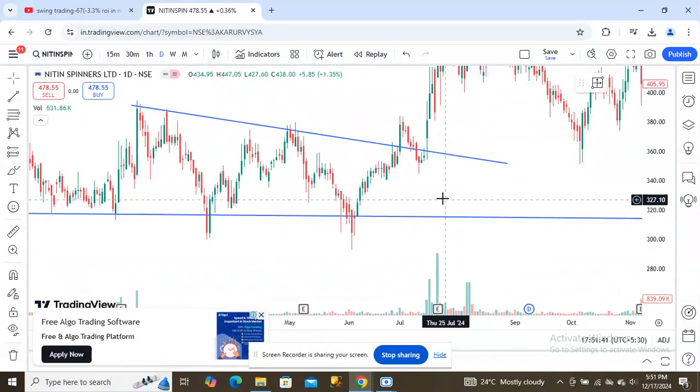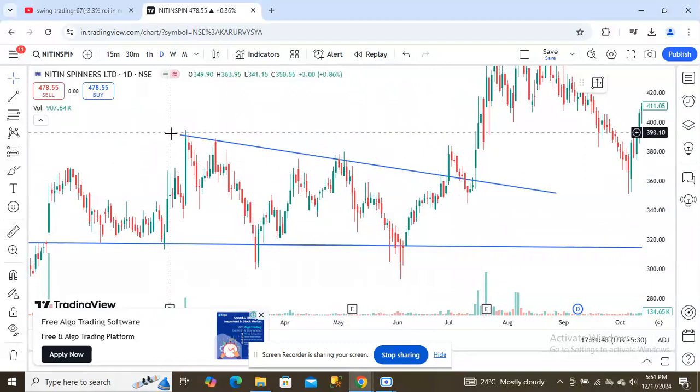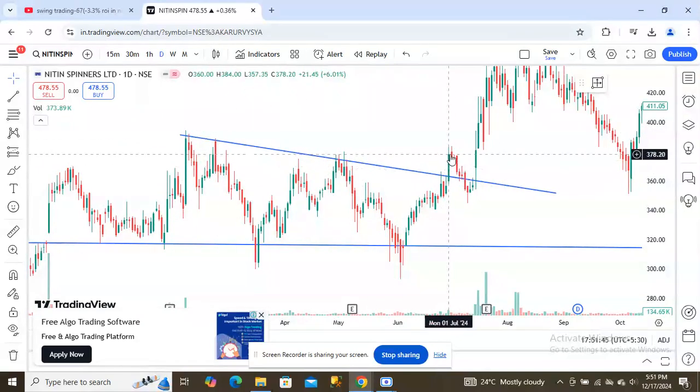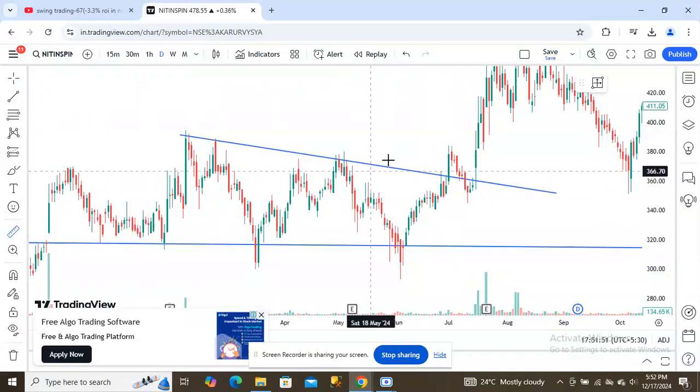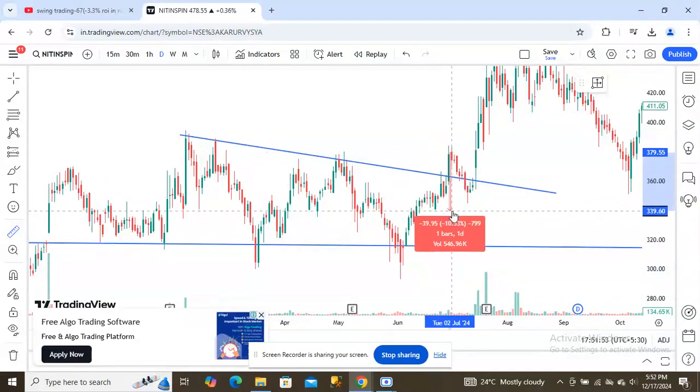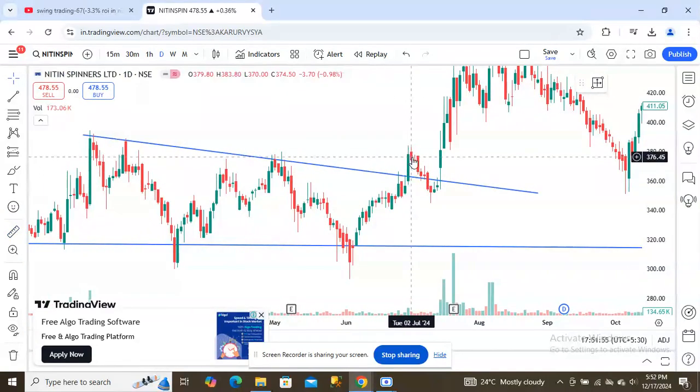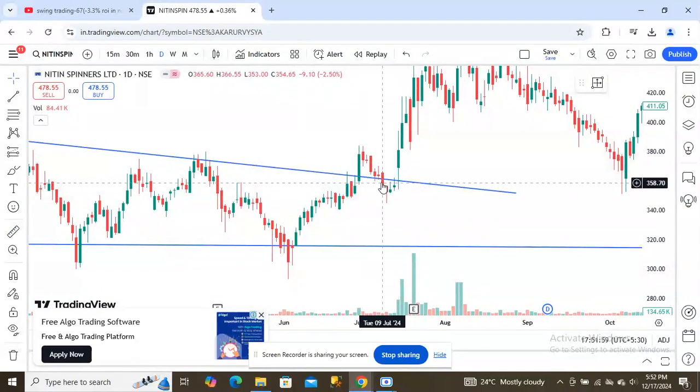What I thought is, the breakout has happened, with three touch points. The breakout happened, but I didn't enter here because of the huge stop loss, right? See, that's why I waited for the retest. The retest happened. This is the place where I entered because I thought this candle retested, but no.